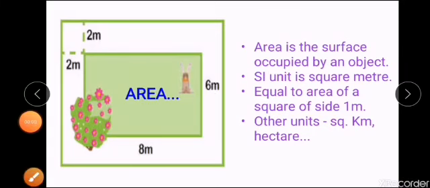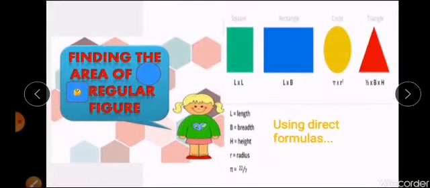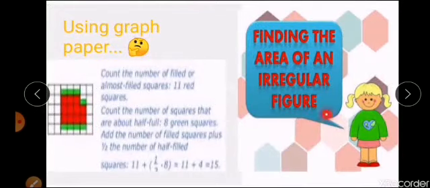Go thoroughly through that. Next, we are going to find out how to find the area of regular objects or regular solids. As you can see in the figure, you have a square, rectangle, circle, and triangle, which are all regularly shaped objects. Here you have equations for finding the area of each, which means that if the objects have regular shapes, you can directly find the area using direct formulas. In your textbooks, the equations for different regular objects are given. Learn those equations properly.